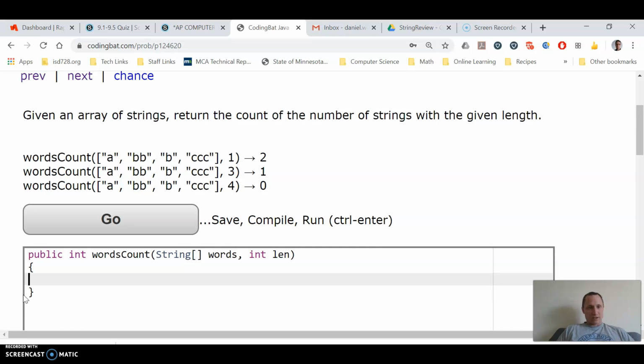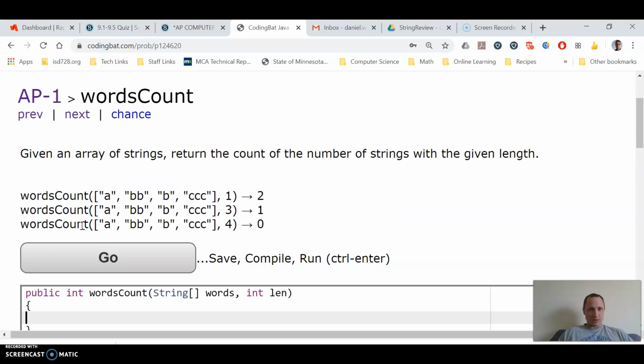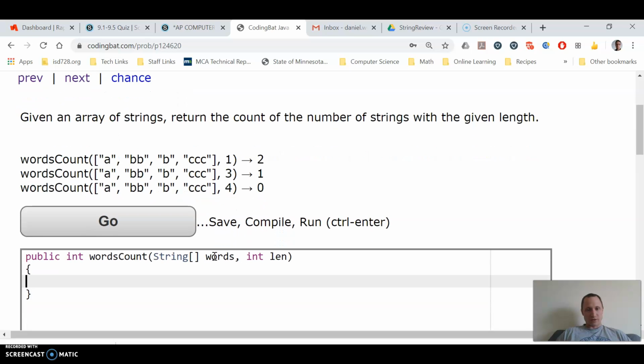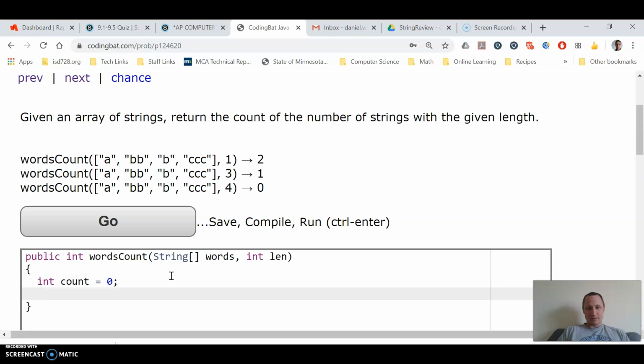Alright, this video is to help with the word count CodingBat question, and we have an array of strings which you need to loop through and count how many have the length equal to the length coming in. And so we're just going to need a count variable to count how many have that length,